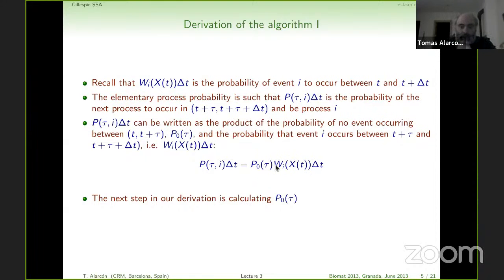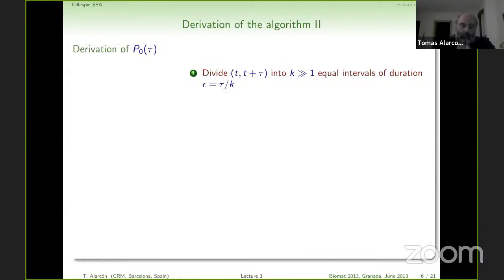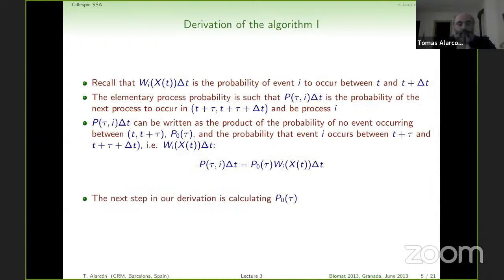Because it is a Markov process, we can write this as a product. So now the next step in the derivation is, of course, calculating this P naught of tau. And to do this,